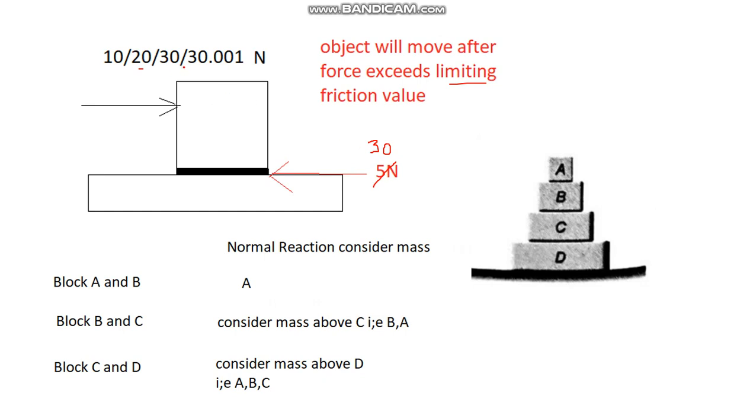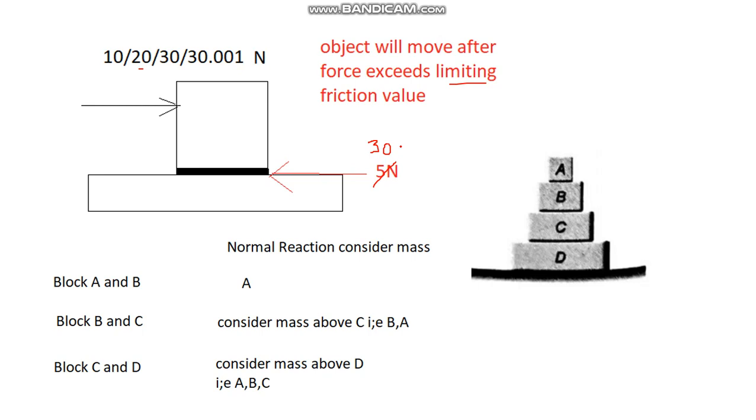So when you apply more force than 30 Newton, it won't further readjust. The block will move. But if the force is less, the block will not move. Had you applied 15 here, then the friction will not be 30, it will be 15. So when you keep on increasing, after a certain value the block will start to move. Till then the frictional force will resist the motion. So this is the actual meaning of limiting friction.